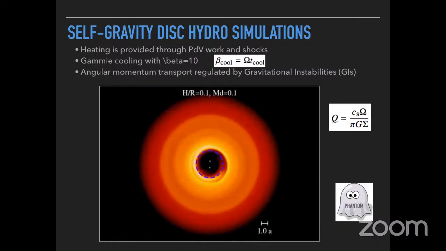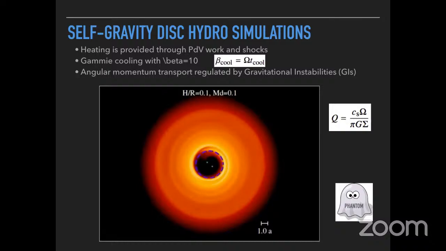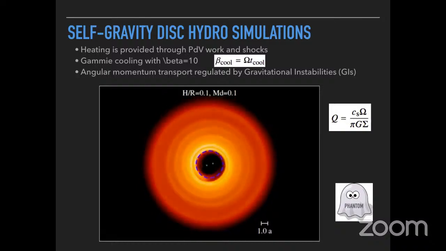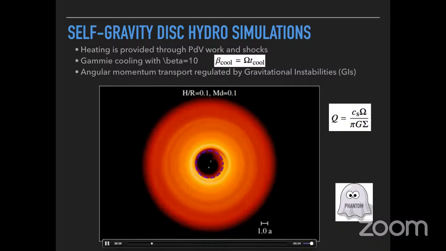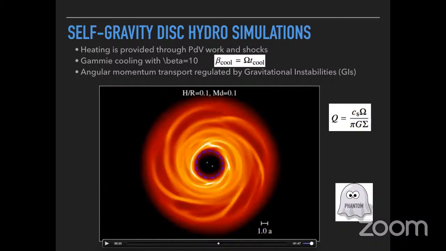So the cooling time is supposed to be a constant times the dynamical time scale, which is a very, very rough approximation, but this is what we had at the moment. And so basically I'll just move forward to let you see just the spiral. After a while, the disk forms spirals, which are gravitational instabilities, and these are the source of angular momentum transport outwards. So instead of having an alpha viscosity like all previous simulations, we here have gravitational instabilities that transport the angular